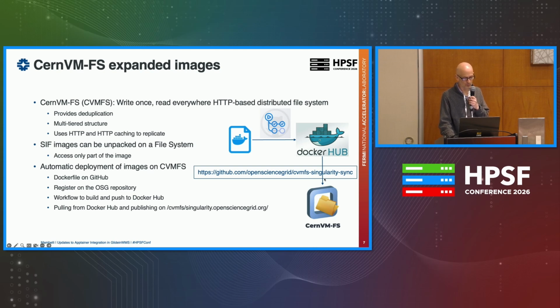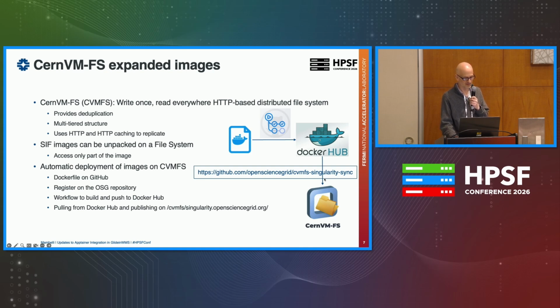And we define the image. Most of the time, actually, experiments prefer to create a Dockerfile on GitHub to define the images. And this is then pushed through actions to Docker Hub. And we have a service that is downloading the Docker image, converting it into SIF, and OSG runs this service, and publishing